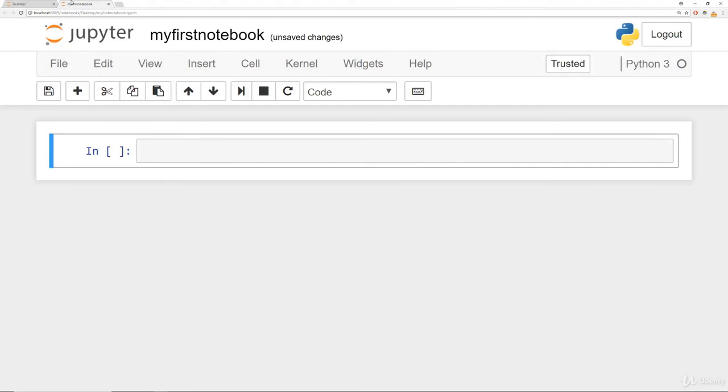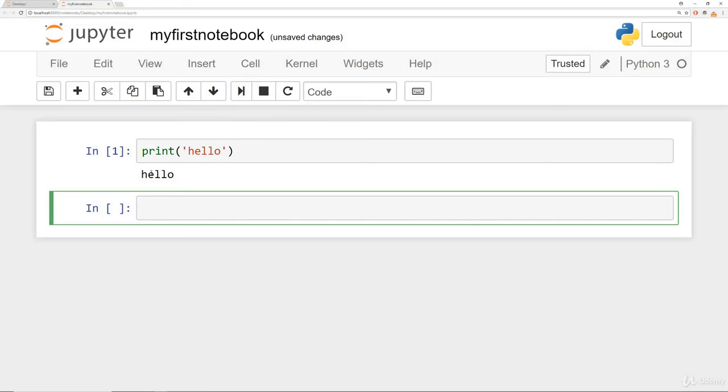So coming back to this notebook, the notebook uses a cell-based system, meaning you write code in a cell, you run the cell, and then see the actual output right below the cell. So let's try running our simple print statement. Inside of a cell, type print, open close parentheses, hello, and you'll notice that Jupyter auto-completes some things for you, such as quotes or parentheses. And then we can run this cell. So you can click here on the run button, and it will run this cell, and you will see the